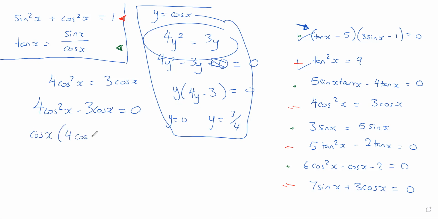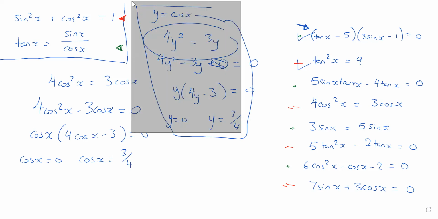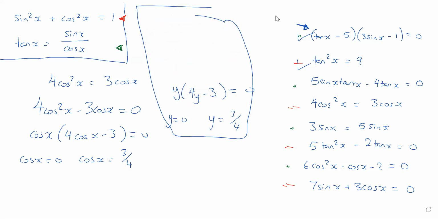4 cos x minus 3, which tells you that cos x either equals 0 or cos x equals 3 over 4. Okay, and then you solve as normal. Cos 0 actually is a bit of a, well, it's not hard. You just have to kind of like,